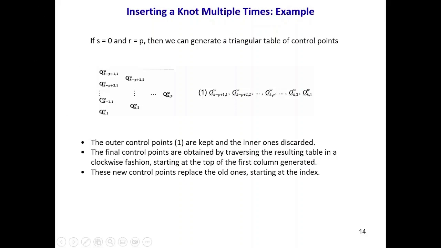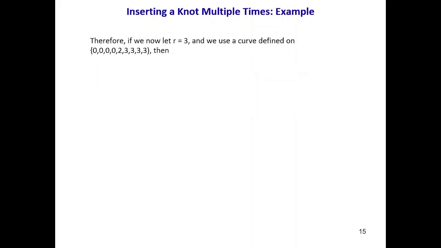Here we ignore all the middle parts and only take the outer ones, that is q_{k-p+1}^1 going till q_k^1 to the power w. So outer control points are kept and the inner ones are discarded. The final control points are obtained by traversing the table in a clockwise fashion, starting at the top of the first column. These will replace the old ones starting at the index. So therefore we'll now get